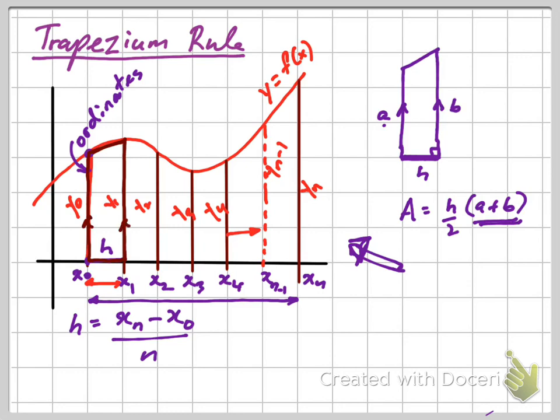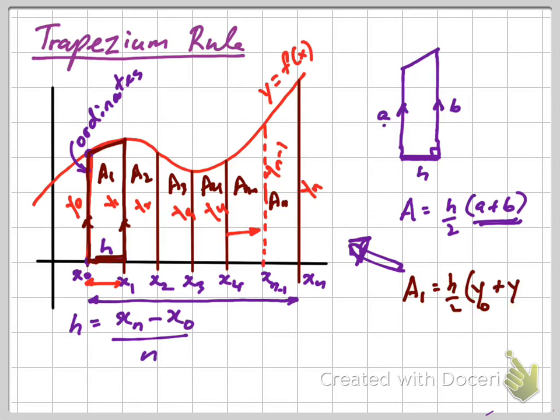If you want to find the area all the way from x0 to xn, it'll be a1 plus a2 plus a3 plus a4 plus an minus 1 and an. The area a1 would be equal to h over 2, that's h divided by 2, and a and b would be y0